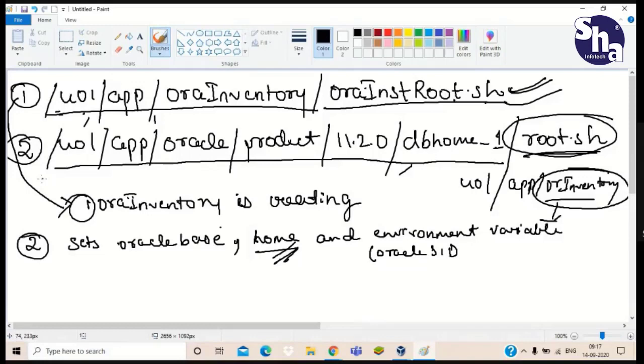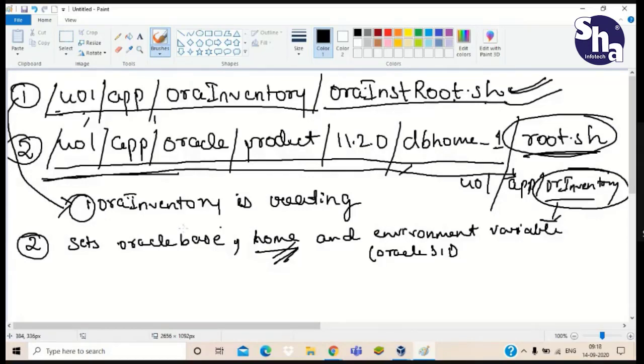So we set that path there, so that if our database needs some packages to run, it can go directly to that location, take those packages and run them. So these are some environment variables.